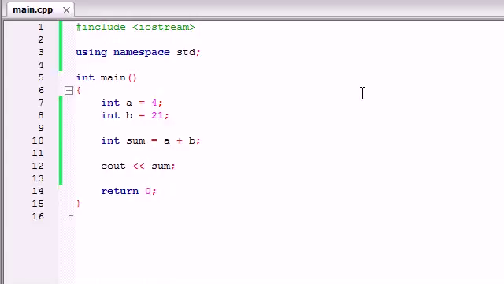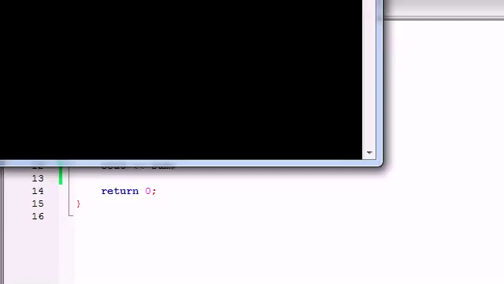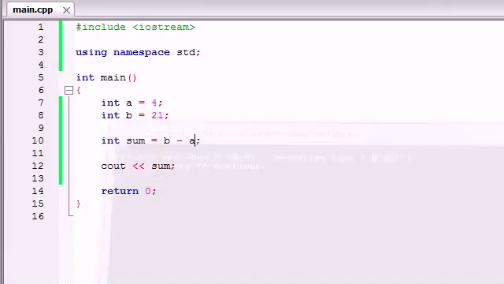Pretty cool, huh? So again, in this tutorial, I want to show you guys that in order to make variables, write the data type, what you want the name of the variable to be, and what you want the value of the variable to be. And then, aside from just assigning variables basic values, you can also use basic arithmetic like a plus b, b minus a. You could have done that. Let's see, if you had b minus a, let's see what the value of that is. 17. So again, you can set variables equal to basic arithmetic using other variables, and you can even do this. Sum equals 48 minus